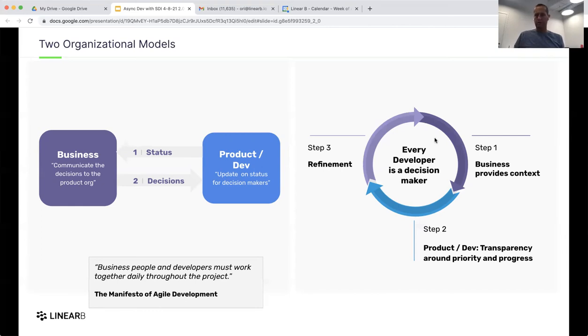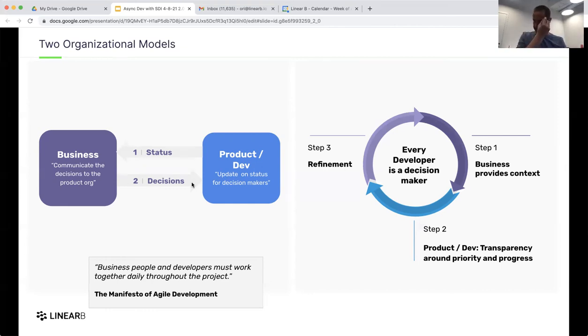So this is unleashing that power, right? When you have developers that are equipped with an understanding of the business and why we're taking these decisions, they're making better decisions every day, and everybody is happier. And this model has been proven much more efficient than the siloed model where there's business on one side and developers on the other side.